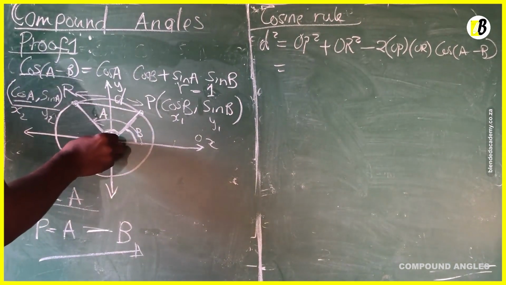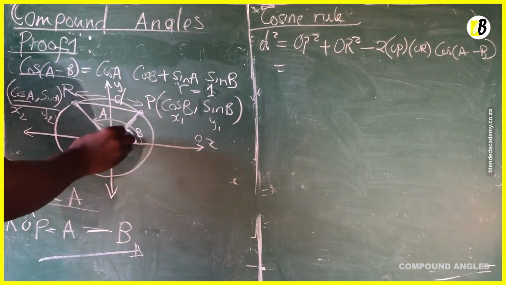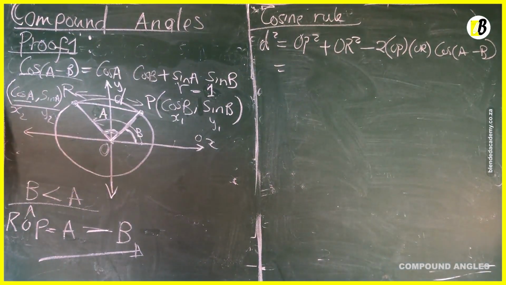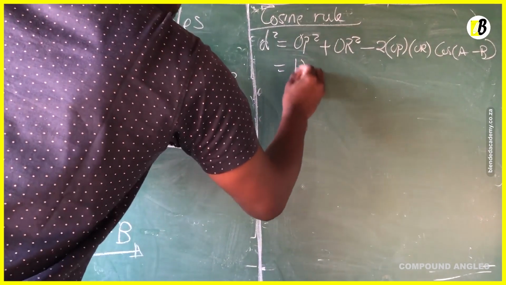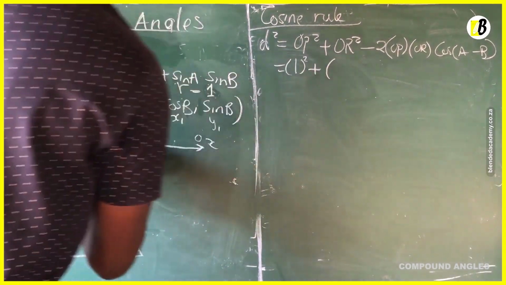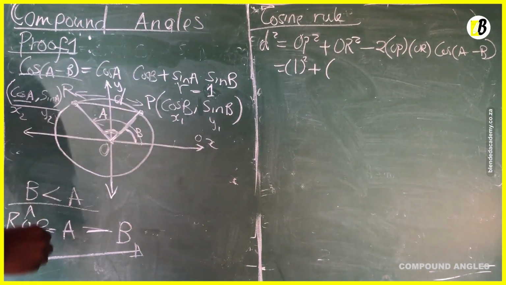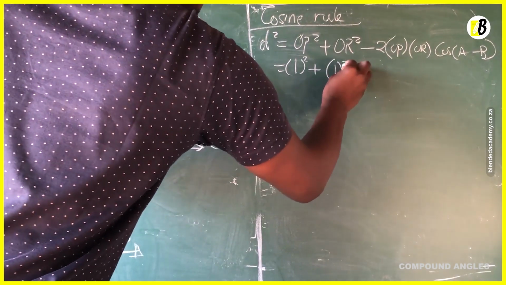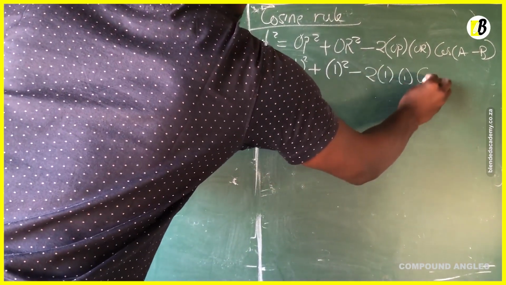So the length of this distance OP is equal to 1, and OR is equal to 1, because these two points originate from the origin. So the length of OP equals 1. We're going to have 1 squared plus OR, which is also equal to 1, because from the center of the circle to the circumference is equal to the radius, also 1. So it's going to be 1 squared minus 2 into 1, and then cos